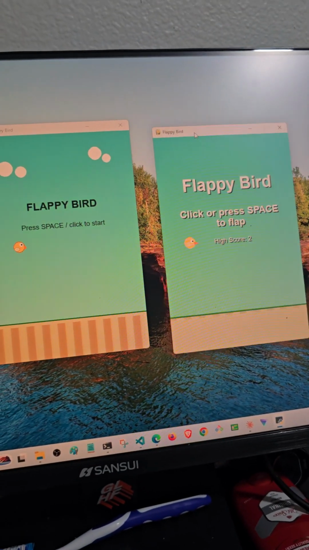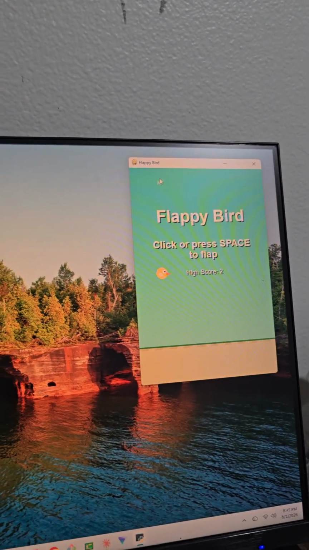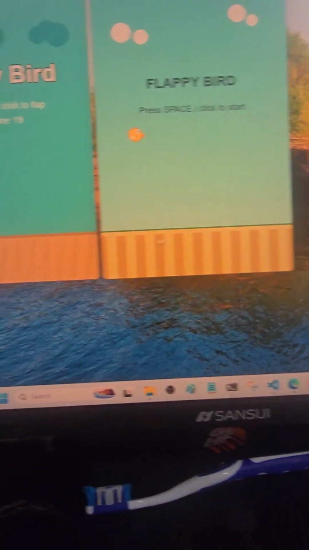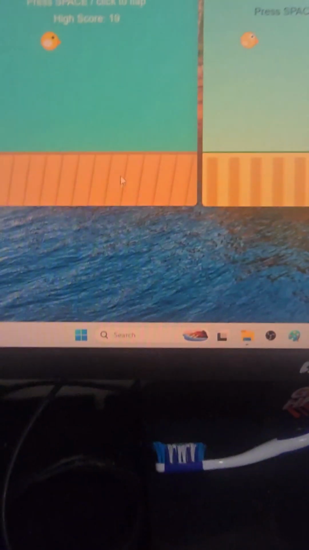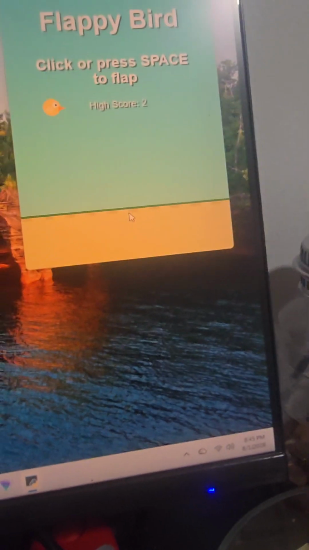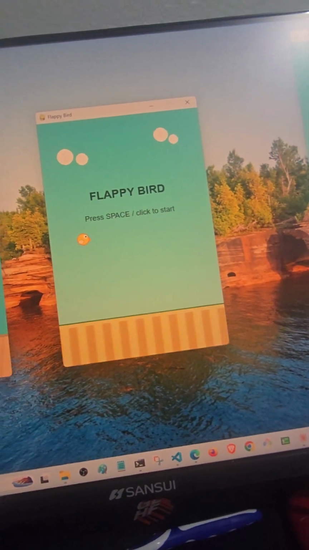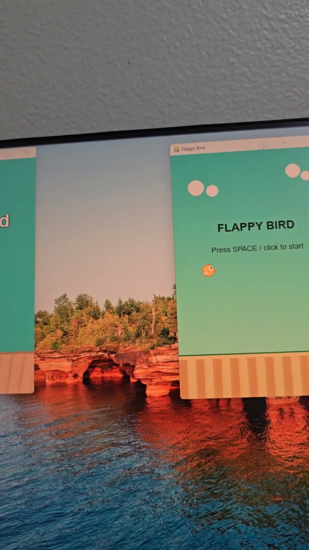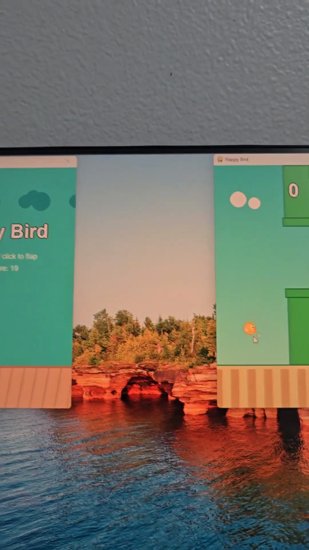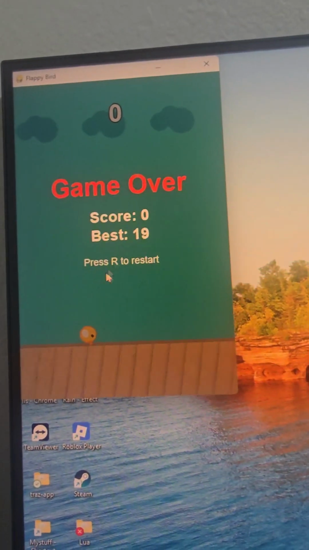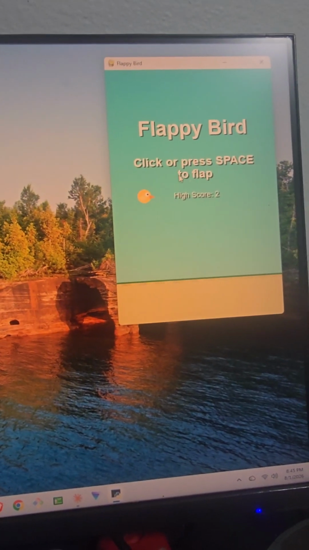So far, I'm gonna rank them. This is number one for me because the way it looks just looks a bit better, and you can also see it changed the ground. The ground on this one and this one almost looks the same. It's just that this is a bit bigger, where the lines on this are a bit smaller. But you can see here, this one looks way better than these other two. So I'm gonna rank this one number two. I'll put that one there. I'll rank this one number three, put it in the middle. Number three, this one is I think the low effort mode. Yeah, this is the low effort mode right here, and this one is the medium effort mode, and this one is the high effort mode right here.